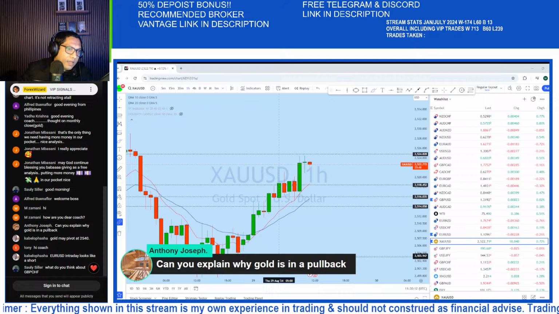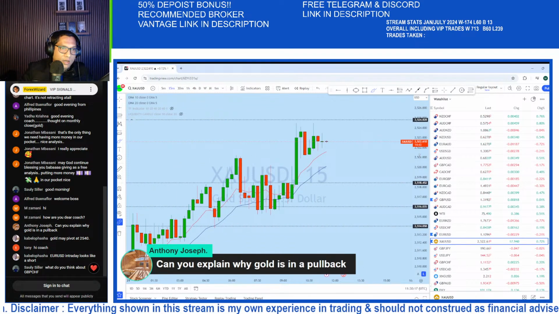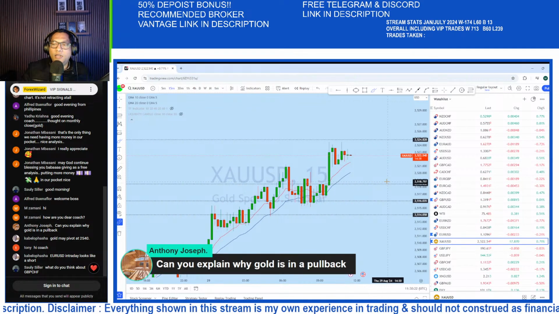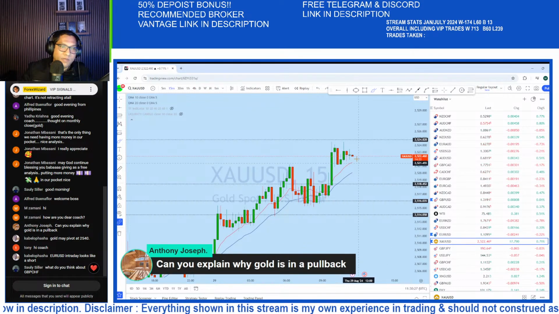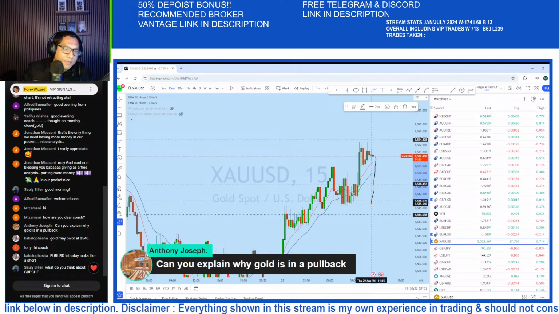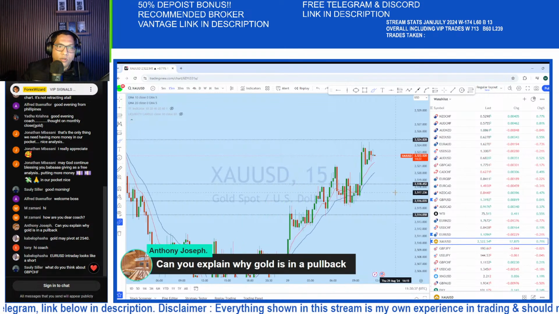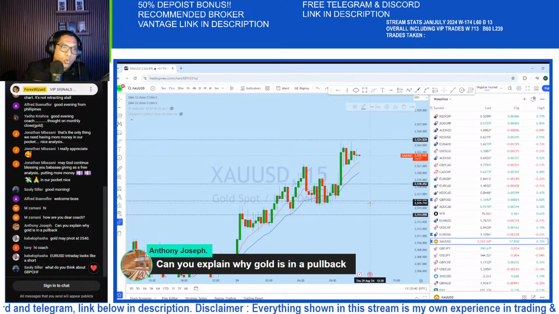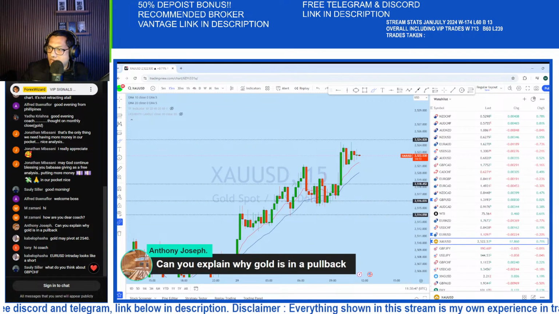So gold is in a pullback. If you look at the lower time frame, it is because the market is at resistance. It's almost at the top, and it now requires a deeper drop. That means it's exhausted, requires energy, gaining momentum, and then to bounce back up again, or just keep dropping. So for me, if it is dropping down to any of these levels, we can look for potential buying again, as it might gain that momentum.